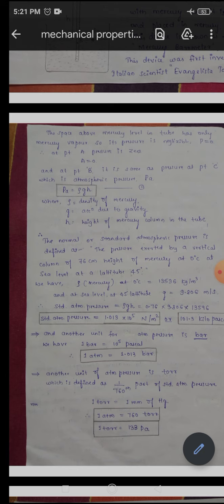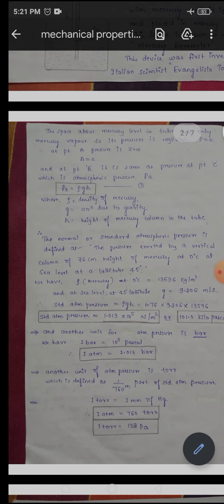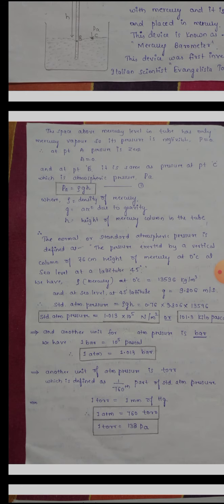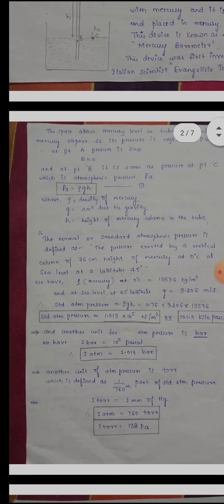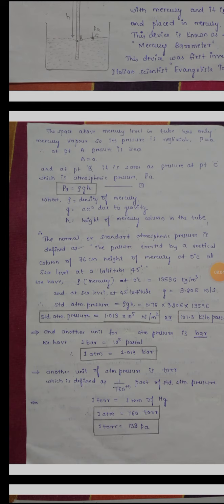And we know that the atmospheric pressure equation is P_A is equal to rho g h. By this definition, we came to know that the height must be 76 centimeter, and the acceleration due to gravity based on the sea level, that is 45 degree latitude, and whatever the density is there, that is in terms of the mercury, that is when it is at 0 degree Celsius. So we will have these three